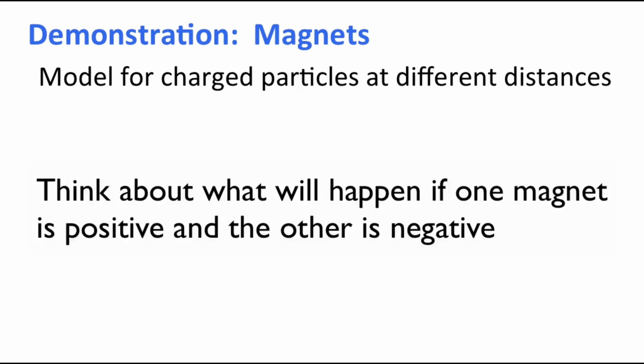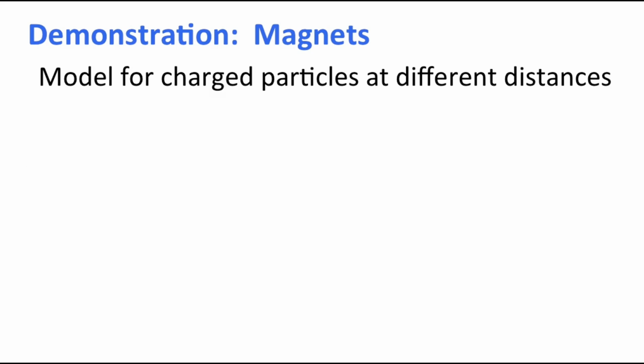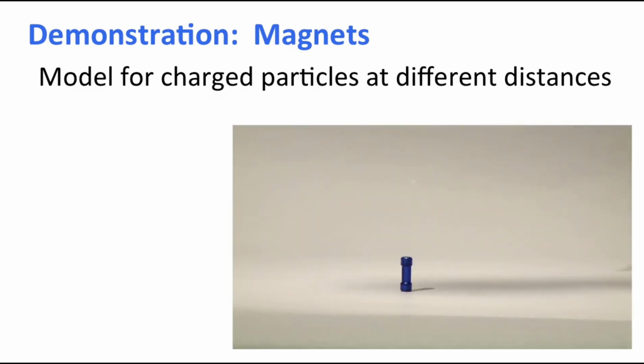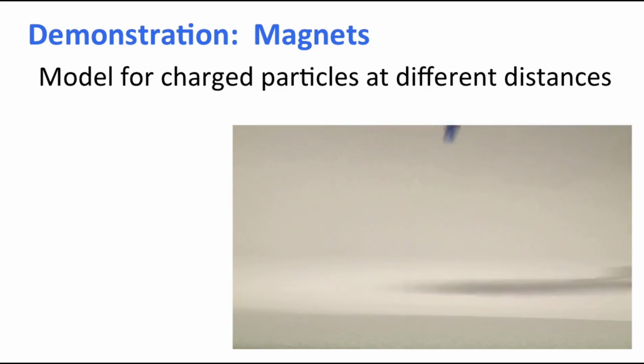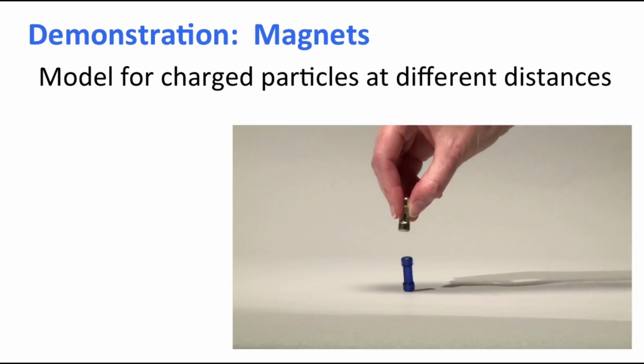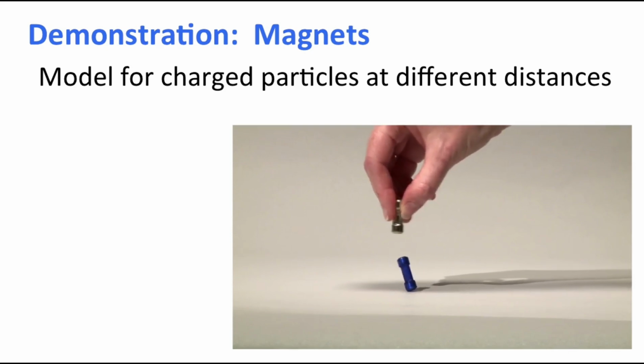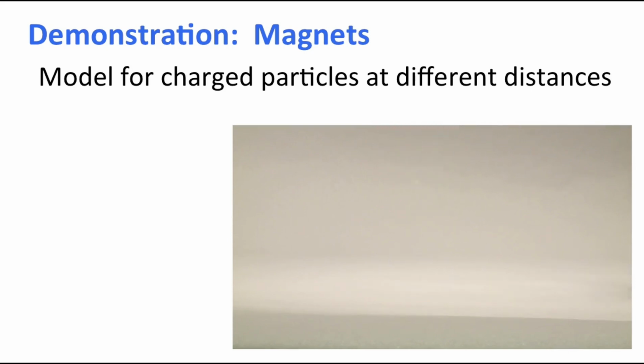If I turn the blue magnet over so that the positive pole of one of the magnets is now facing the negative pole of the approaching magnet, what will happen this time? Here comes the approach of the magnets, this time with opposite charges facing each other. You can see that I can even use the magnet in my hand to control the motion of the one sitting on the table, eventually making it jump. The lowest energy state for the opposite charges is the one that minimizes the